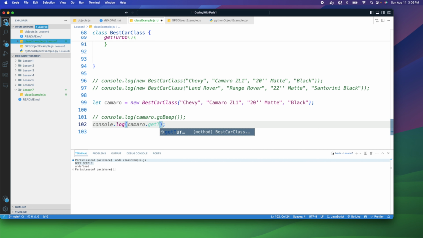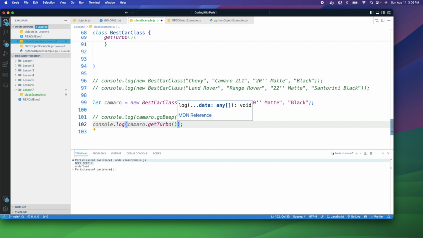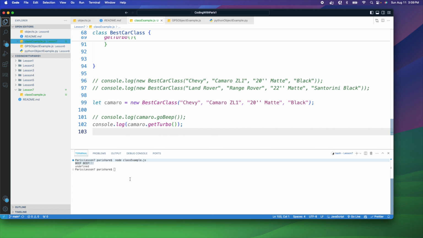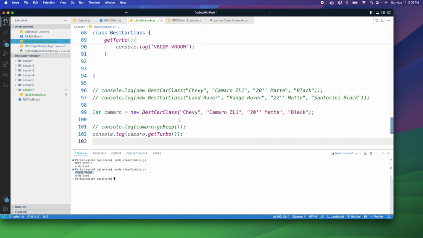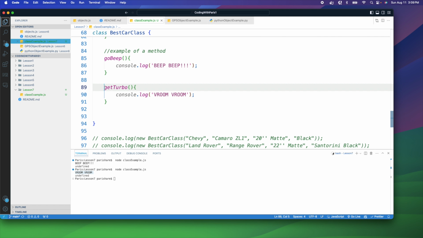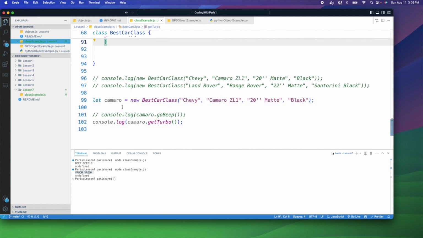Camaro.getTurbo(), and open the curly parentheses. We'll go down here and we'll run that, okay? So you'll see that the console prints out vroom vroom. This is very simple, but this is what we will refer to as a public method because we want what's